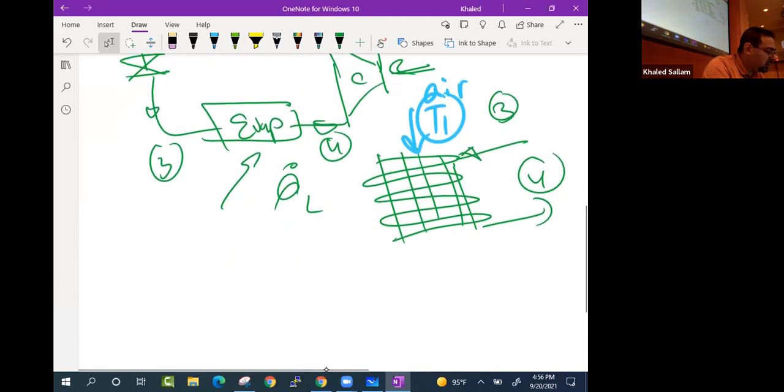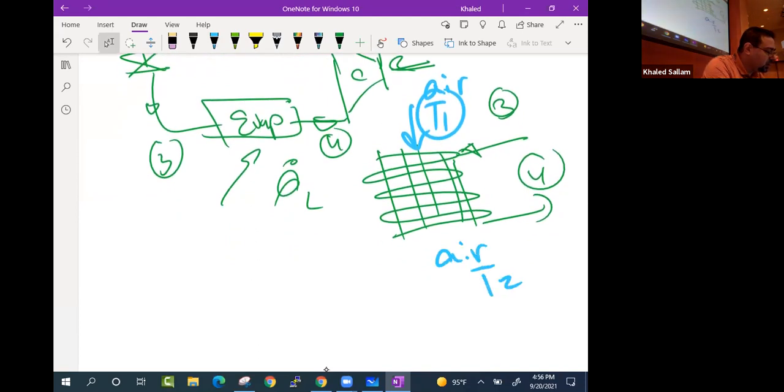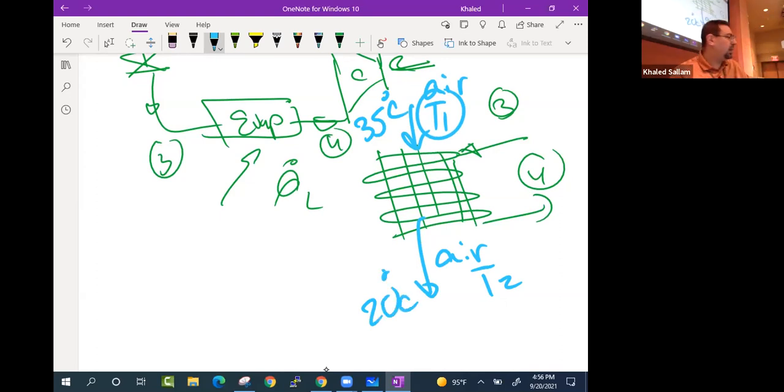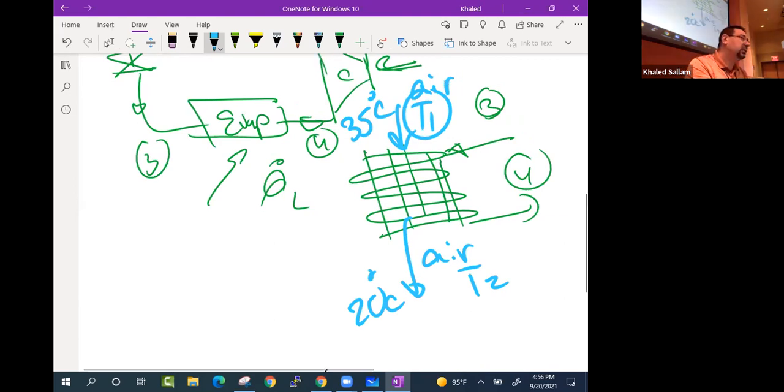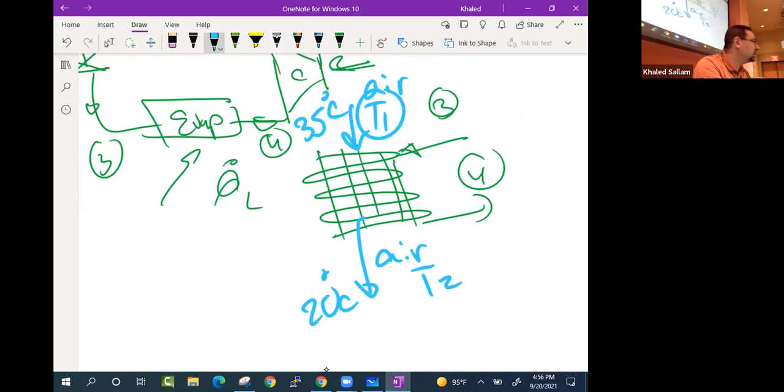Air at T1 and air at T2. And in that example, we said 35 and we're going to cool to 20. How am I going to cool the air to 20? I need refrigerant to do this for me. And what's the temperature of the refrigerant? Yes, it has to be below 20 so that I can cool the air to 20. That refrigerant is probably coming in here at, I don't know, maybe 5, and leaving at 15,